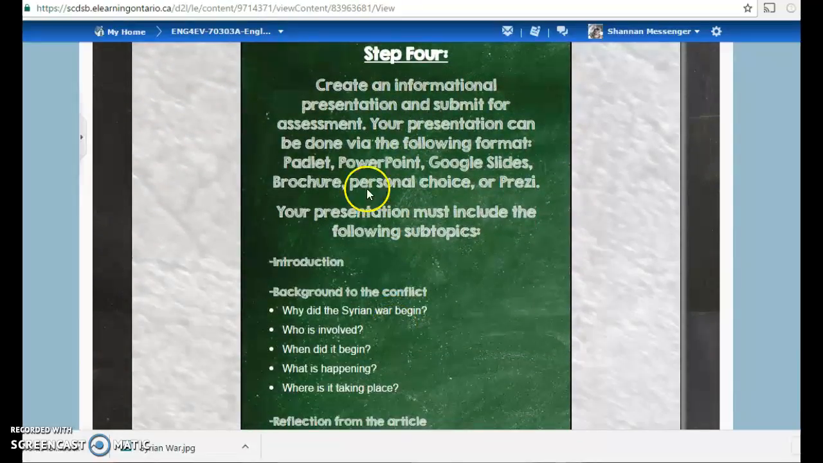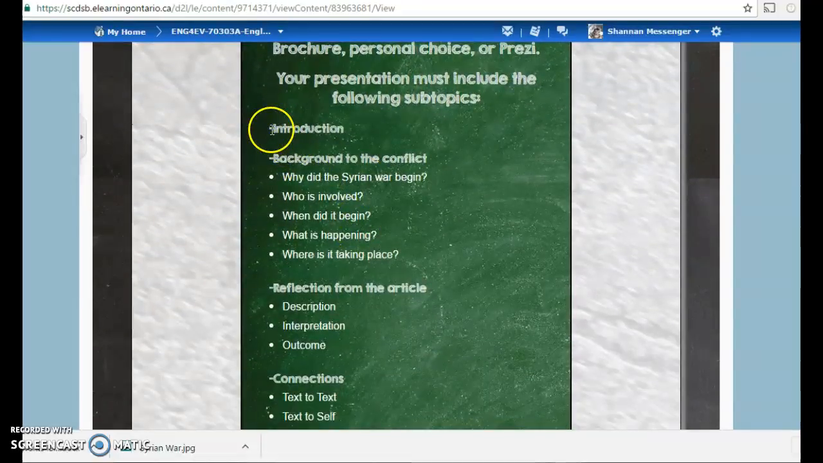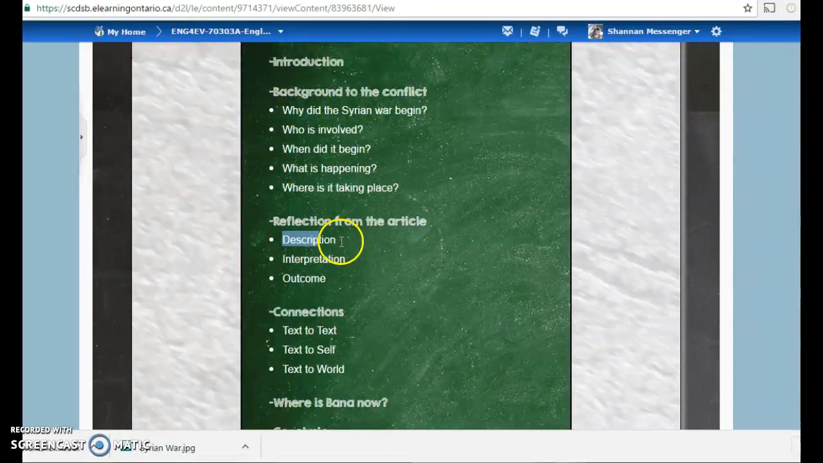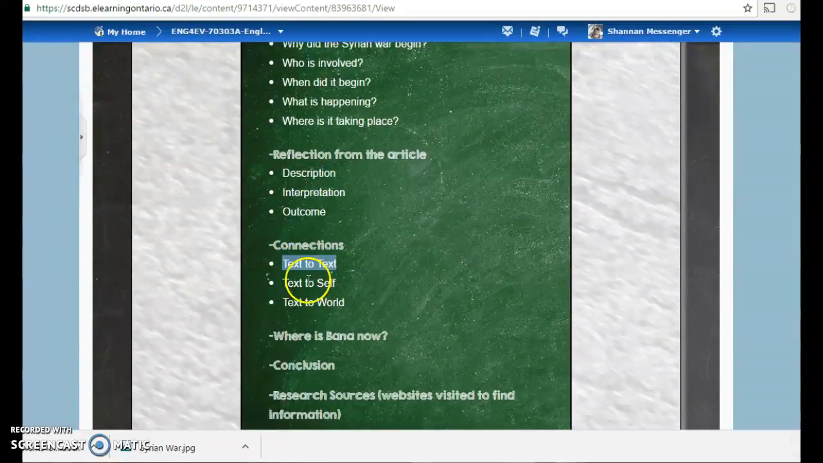Step 4. Create an informational presentation and submit for assessment. Your presentation can be done via the following format: Padlet, PowerPoint, Google Slides, brochure, personal choice, or Prezi. Your presentation must include the following subtopics: an introduction, background to the conflict, what we just talked about, that needs to include all of this information, reflection from the article, description, interpretation, outcome, connections, text to